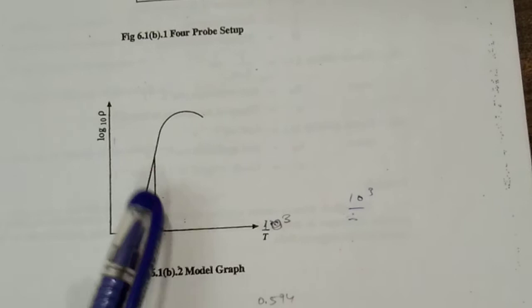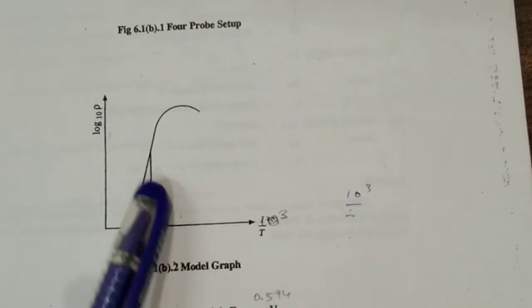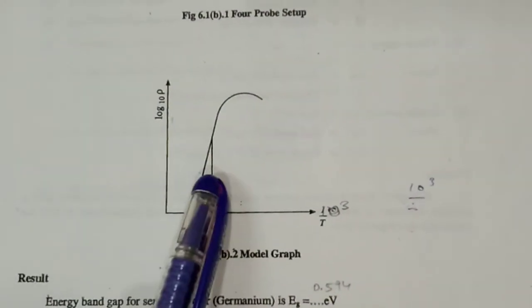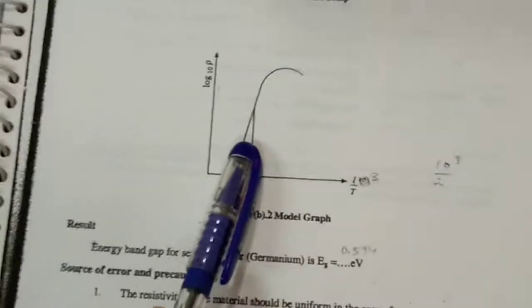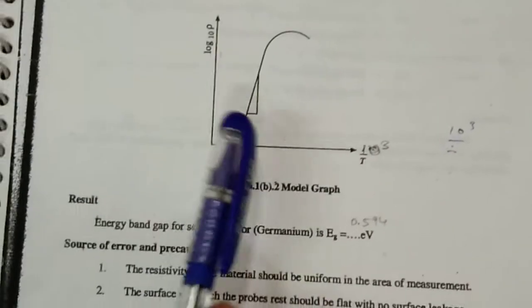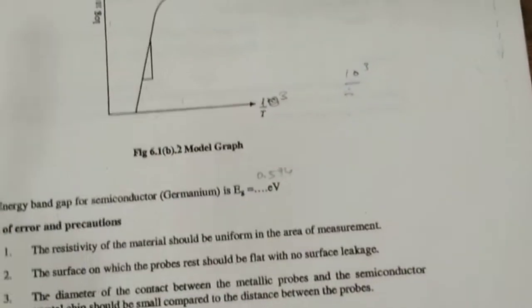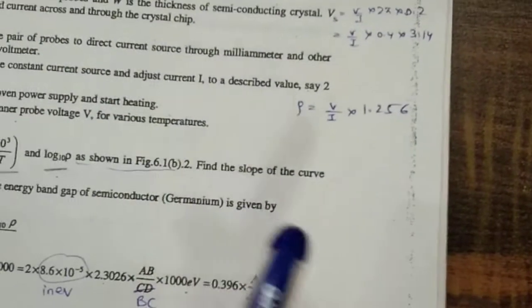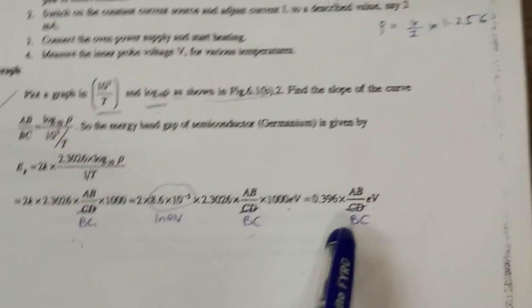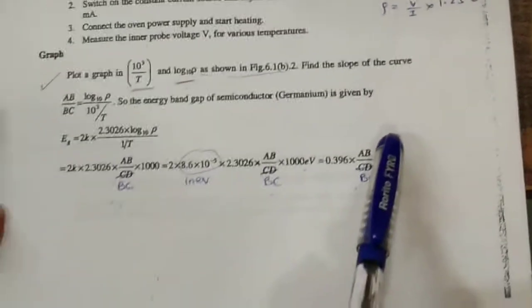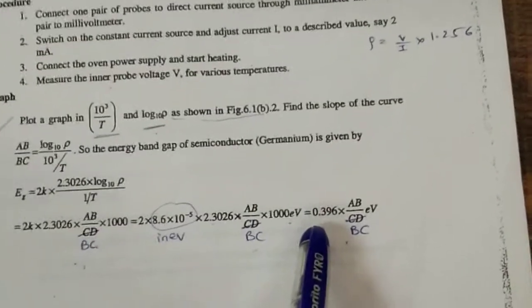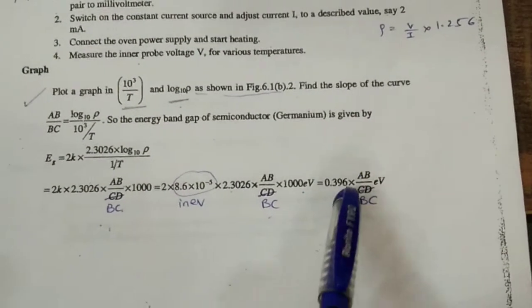On that straight line, you have to extrapolate the 2 points which are giving you exactly the straight portion. From there, you have to plot 2 points, that is x1, x2 and y1, y2. That will give you the slope. That slope is the band gap. And from the calculations, you will get it. From the reading also, you will get the band gap. Whatever slope you get, you have to multiply with 0.396. That is the measurement of the band gap.